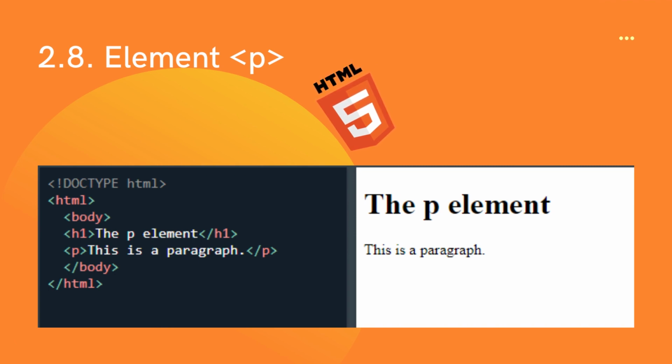Paragraphs are blocks of text physically separated from adjacent blocks by empty lines. The P element should not be used when a more specific element is appropriate. Example: